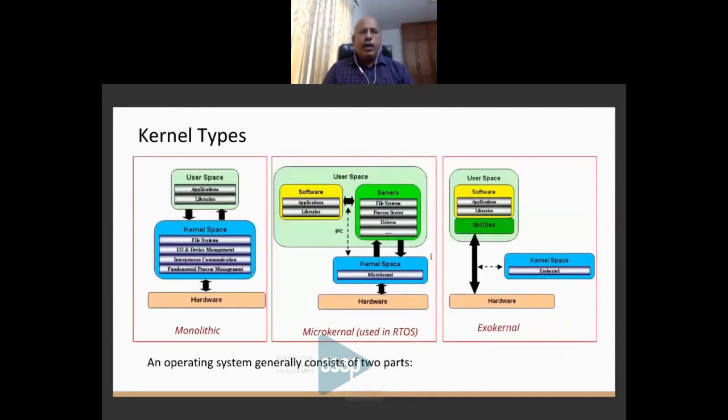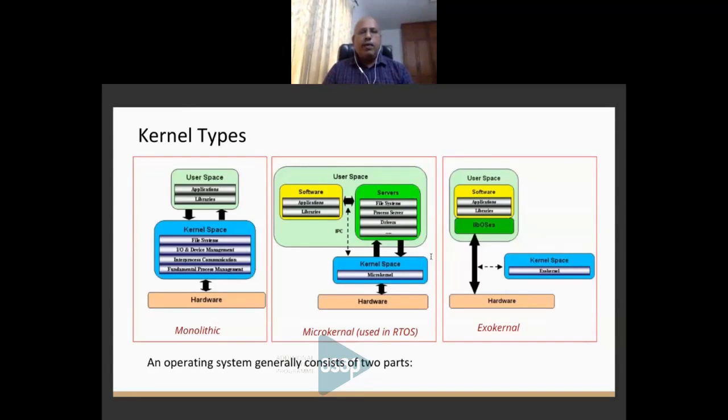So now there are different types of kernels. One is called the monolithic kernel, then the microkernel, and the exokernel. We will not spend much time on this area. But typically, Linux and Windows, which are not used in embedded systems, use the monolithic kernel. That means there are a lot of features you can see in the kernel space: file systems, I/O, all those things you can see in the kernel space. But whereas in an embedded system,